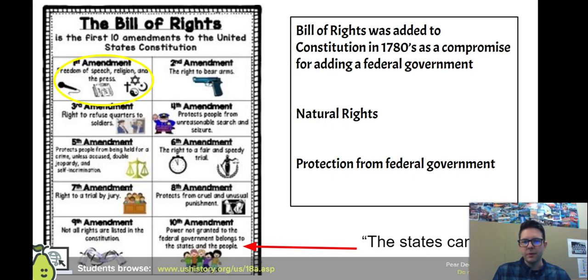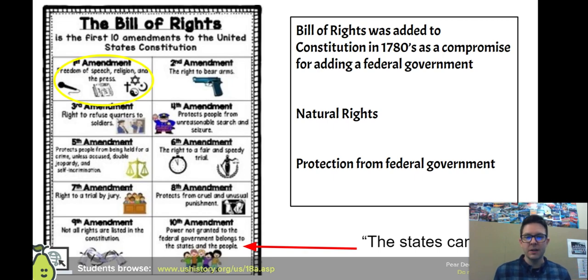There was a bunch of people pushing for the Constitution. But in order to get a new system of government, they had to get the states who already existed to sign off on it. The state legislatures had to pass the Constitution, and many were resistant because they thought it created a government that had too much power. And so a compromise was made in the late 1780s